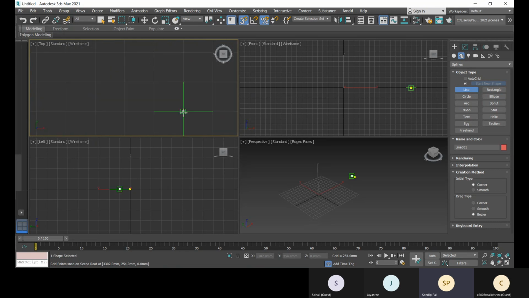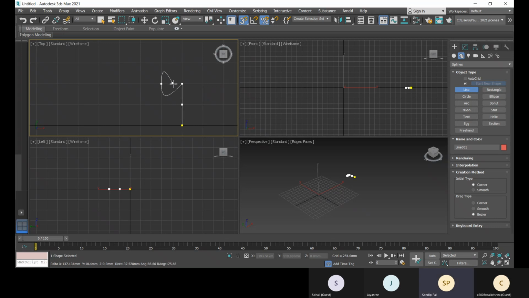At the beginner stage, you might make mistakes. So if you have made a mistake, suppose you have mistakenly created it this way, you don't want to start from scratch, from this point, so you can press backspace.